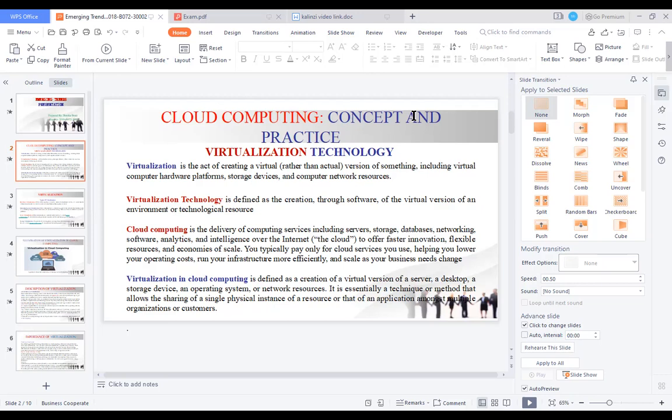For example, in any organization or company, whenever they want to store records or keep files, cloud computing helps that organization do all of those things by connecting with cloud computing services, which include servers.